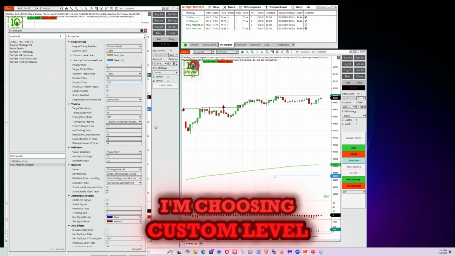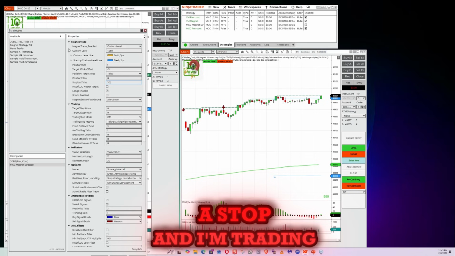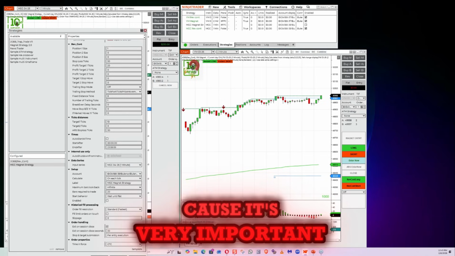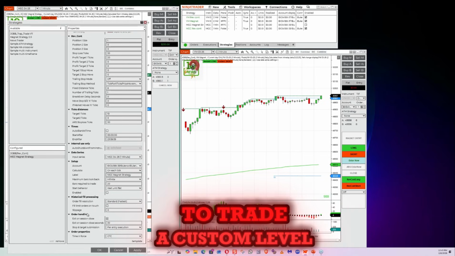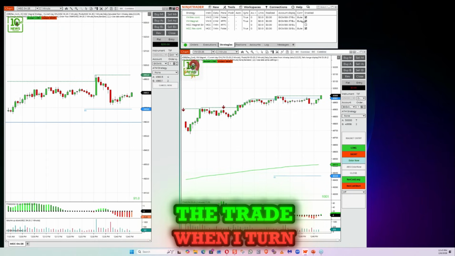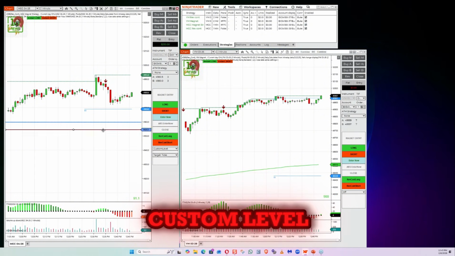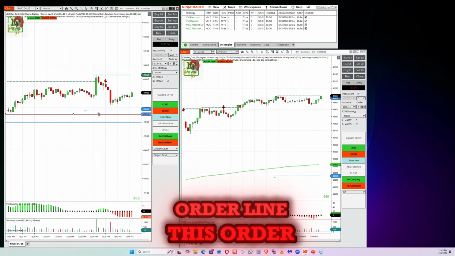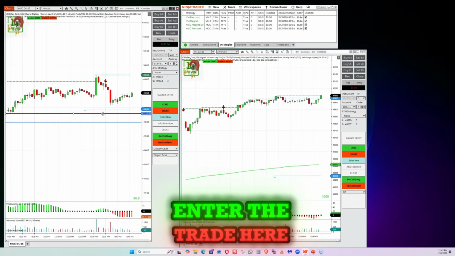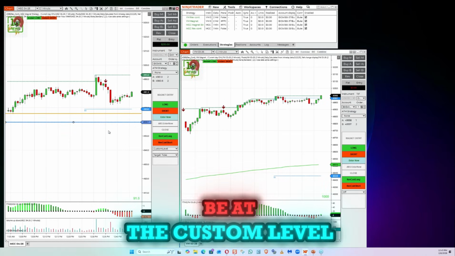I'm choosing custom level. I'm not even changing anything else except I put in a stop and I'm trading one position. So watch what happens, because it's very important to understand how easy it is to trade a custom level. Apply the trade. When I turn it on, I get a line at the custom level and I get an order line. This order line simply tells the software, enter the trade here. The exit is going to be at the custom level,